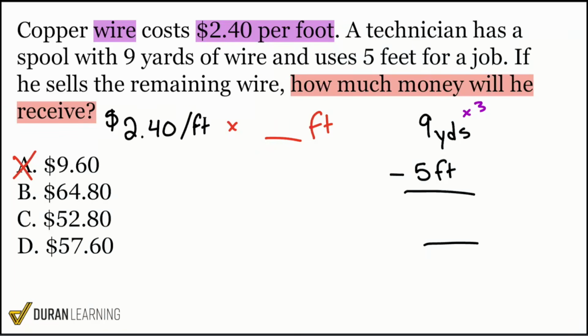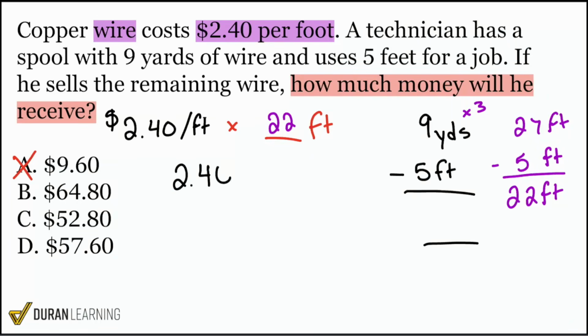Right here, times 3, that is 27 feet minus 5 feet. Everybody, 27 minus 5 gives us 22 feet. And that is the value that we will be multiplying by. Take a look. When we do $2.40 multiplied by the 22 feet that we have left over, we have 0